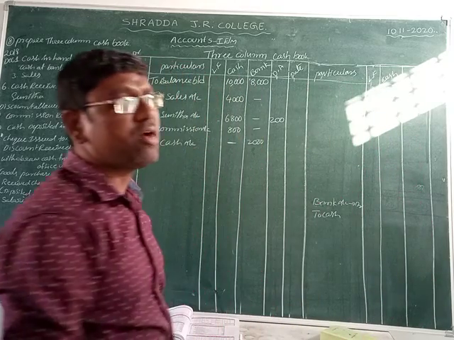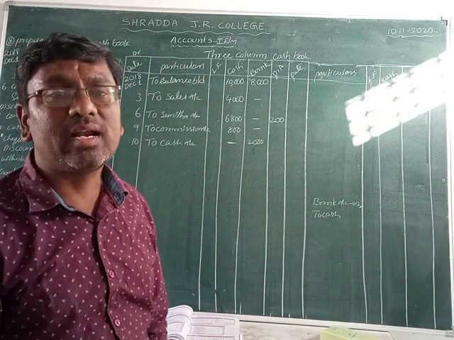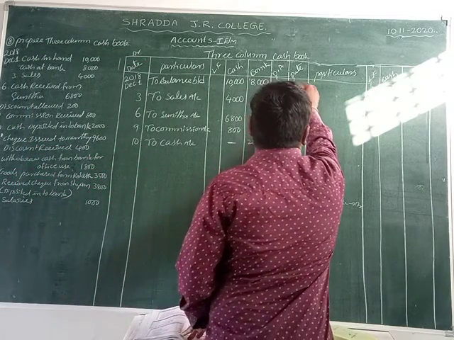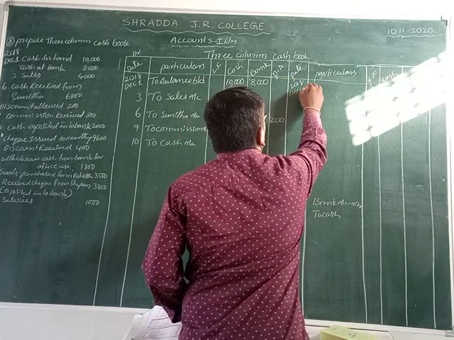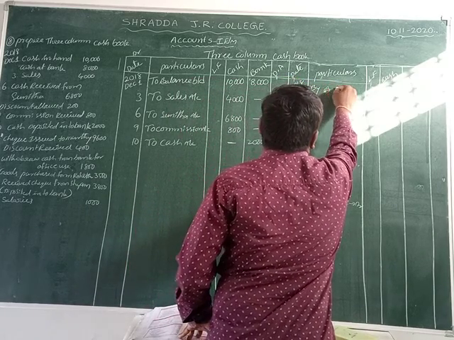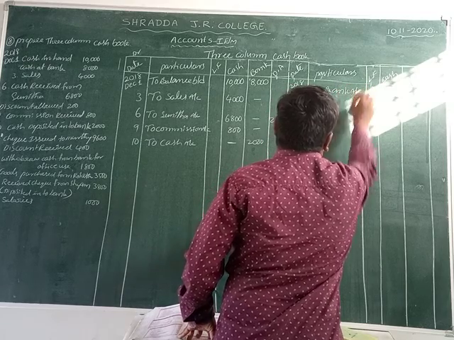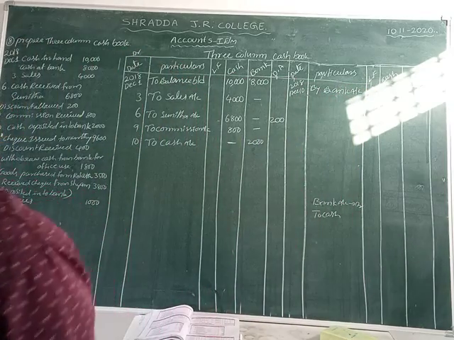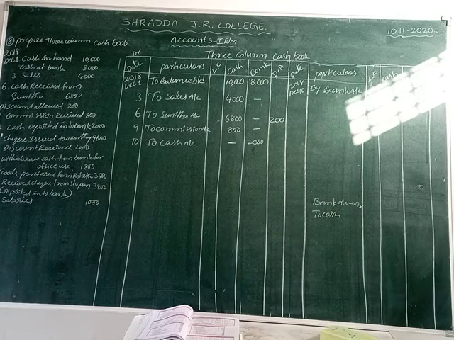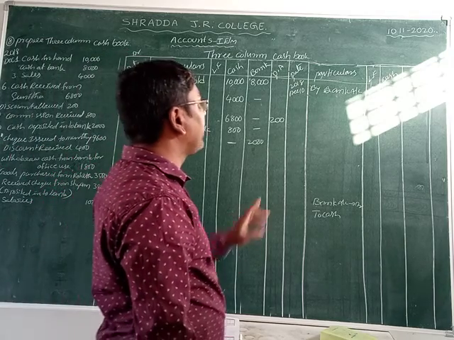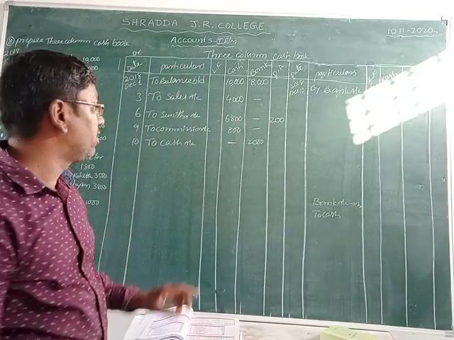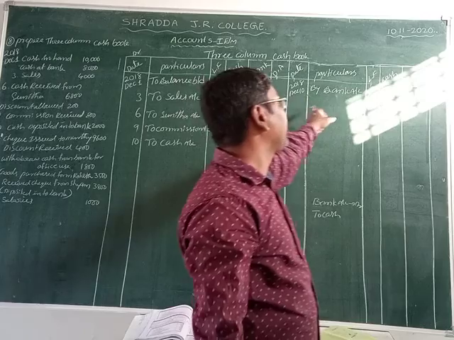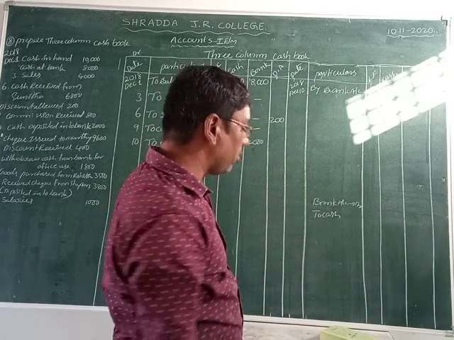In the cash account we don't write cash. What do we write now? Bank. Let us write down: 2018 December 10th, by bank account. By what account? Bank account. It is only a single transaction, friends. We can record it in the debit and credit columns. On one side the same 10th date, and this is also the 10th date. So bank is debit and cash is credit. Isn't it? So we record both sides.